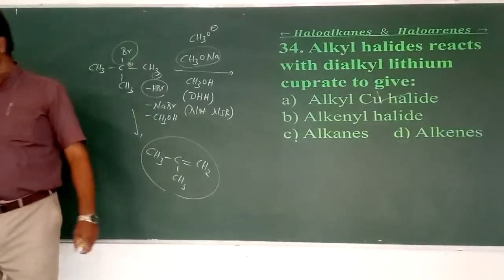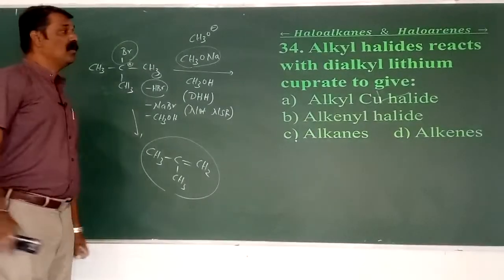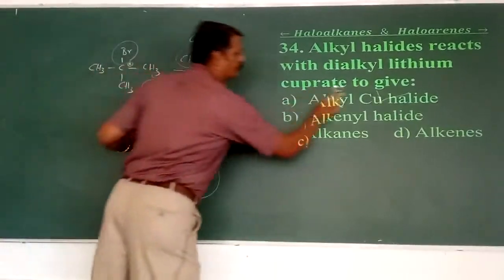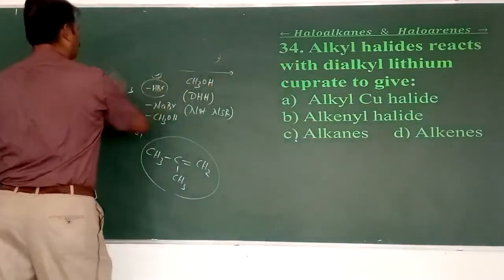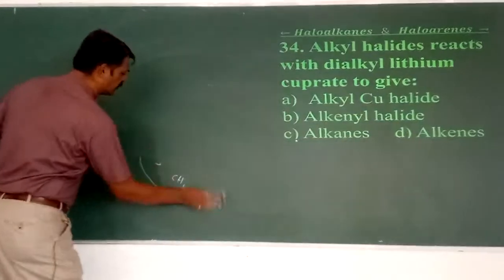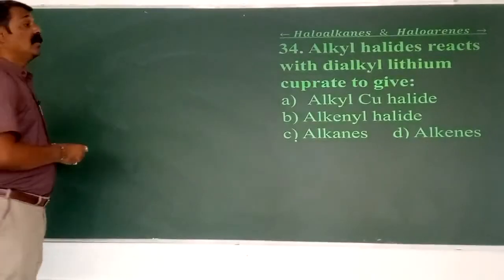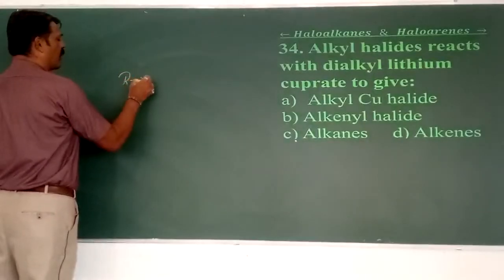Alkyl halides made to react with what? Dialkyl lithium cuprate to give what? It is observed both in the first as well as the second year. In the preparation of alkanes, we are concentrating on that reaction. Alkyl halides made to react with